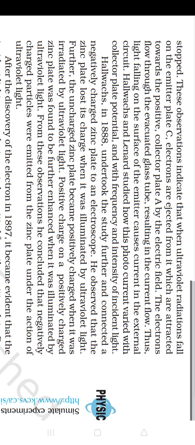Hallwachs and Lenard studied how this photocurrent varied with collector plate potential and with frequency and intensity of incident light. Hallwachs in 1888 undertook the study further and connected a negatively charged zinc plate to an electroscope. He observed that the zinc plate lost its charge when it was illuminated by ultraviolet light. Further, the uncharged zinc plate became positively charged when it was irradiated by ultraviolet light. Positive charge on a positively charged zinc plate was found to be further enhanced when it was illuminated by ultraviolet light. From these observations, he concluded that negatively charged particles were emitted from the zinc plate under the action of